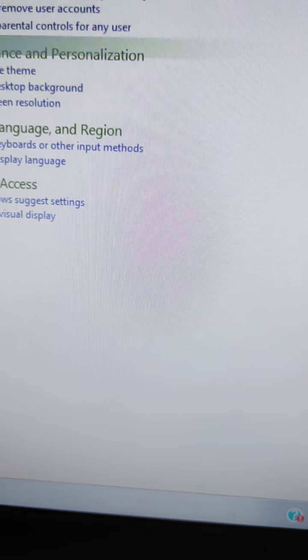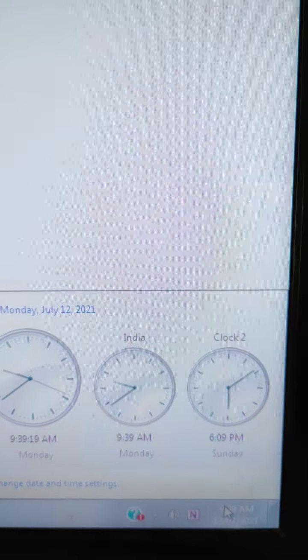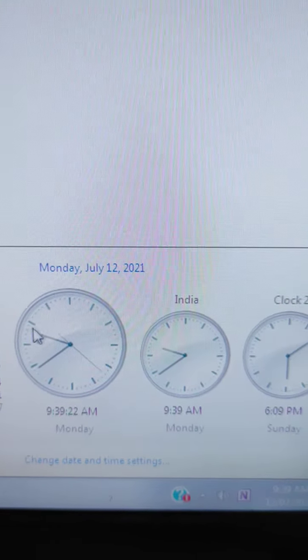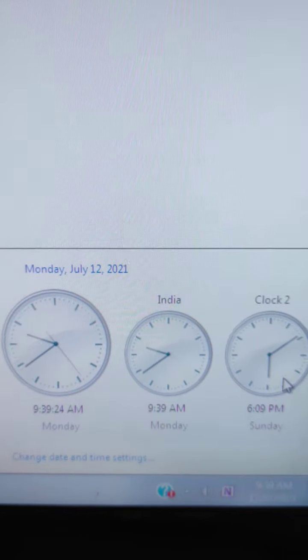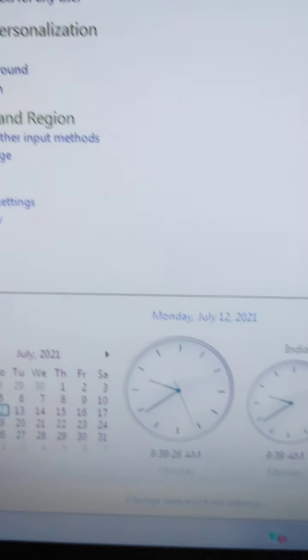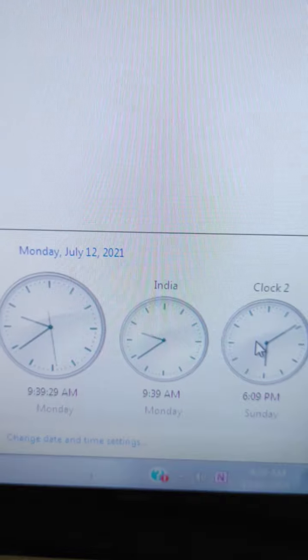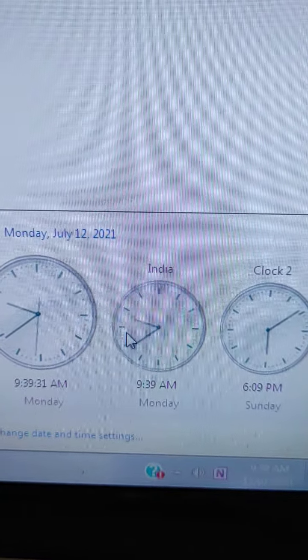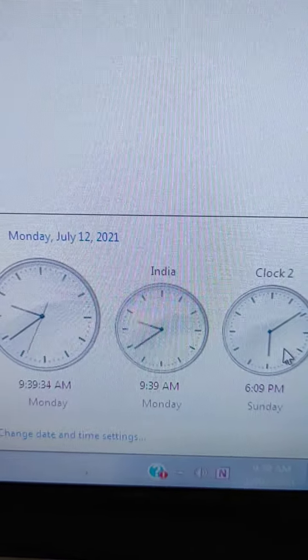Now, I already changed it. You can see I have 2 clocks in the taskbar. Here are my 3 clocks. It is the India clock, and there are different clocks. You can see India timing and other country timing.